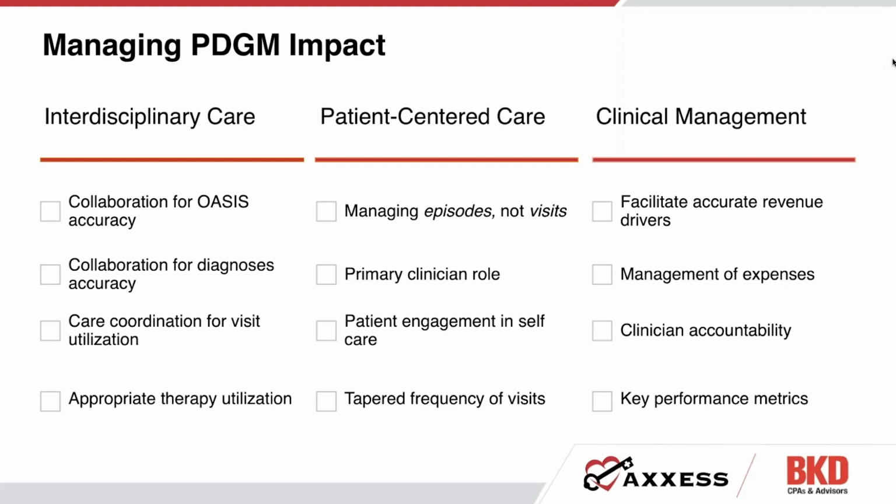Patient-centered care is not just making visits, not just managing visits, not just ensuring that your visit frequency matches your orders, but we want you to think in terms of managing episodes, full episodes of care, not just making visits. Patient-centered care also is better managed using what we're going to call a primary clinician role or a case management role, if you will, instead of having a variety of different people in the same discipline seeing a patient, so that you've got more consistency and care continuity